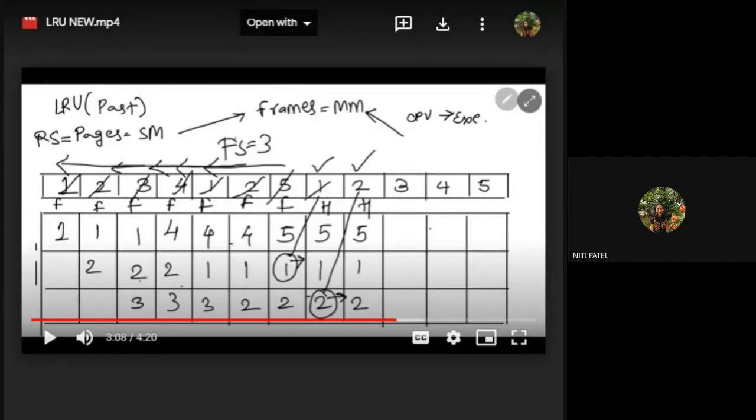Okay, so this is the difference between FIFO and LRU. Until now you will keep feeling that FIFO and LRU are the same, that the one which came first is going out. But when will the change occur? Whenever you find a hit. When you find the hit, we are not considering those two because with a hit I don't want to reload them again and again. So whenever you want to load a new page in LRU, do not consider the hits. Consider the previous or the past faults and select the ones from the past faults. Clear?